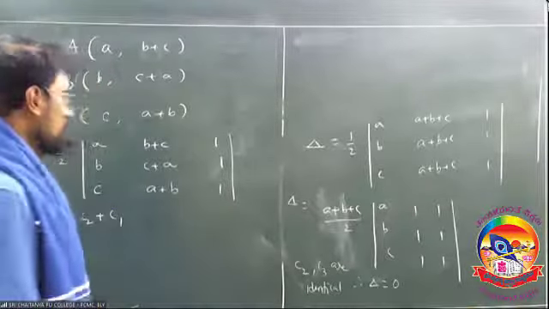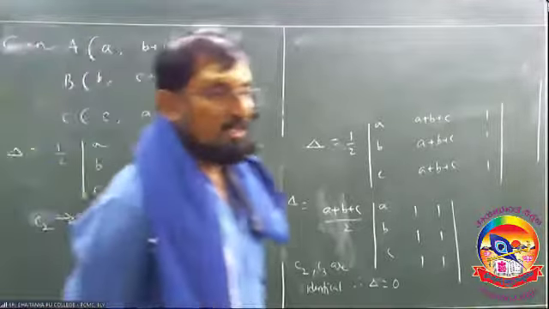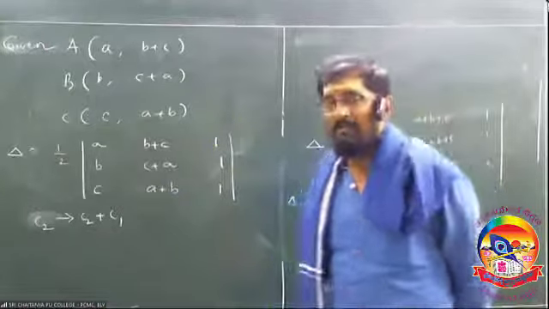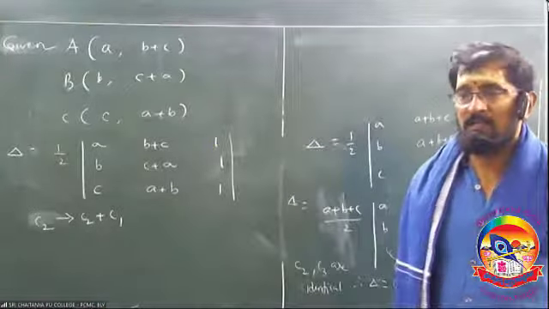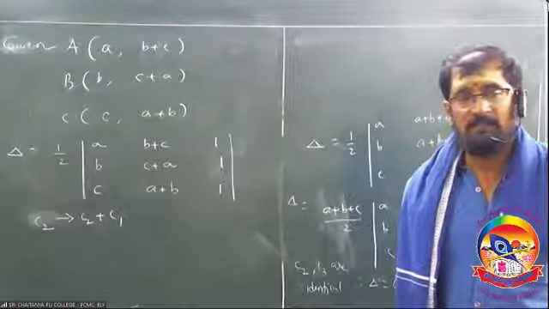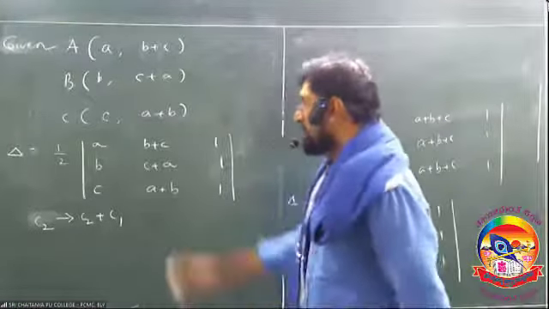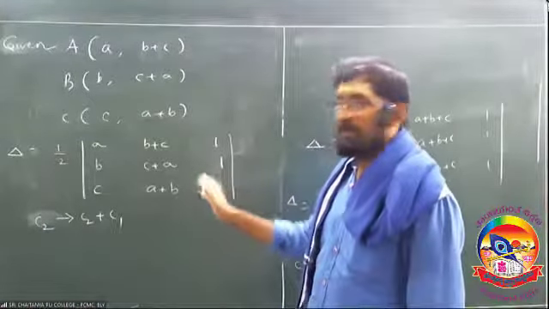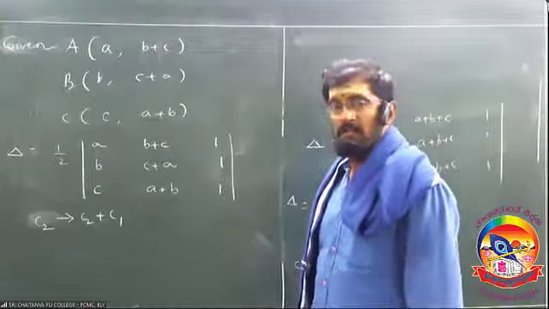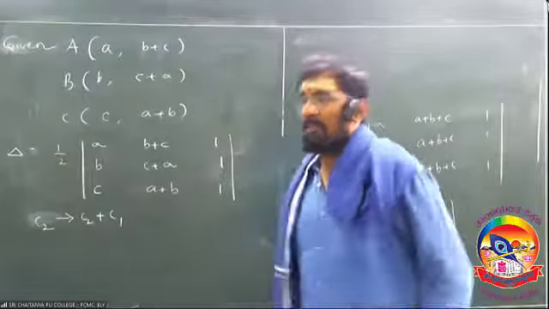I hope you understood this. I am going to repeat this one. Given points are this, right? Now, to show that the points are collinear means they lie on one line. You should show that the area formed by those three points is equal to 0. So delta is equal to 1 by 2 into this, according to the formula we wrote. Now, if you expand the determinant, this becomes lengthy. That's why I am going to use column operations for this.